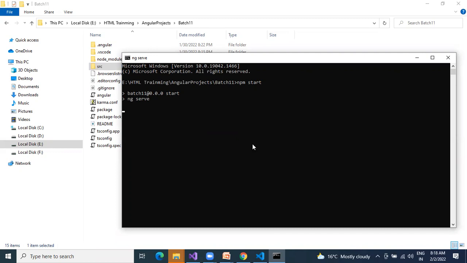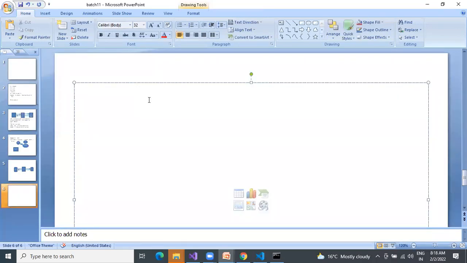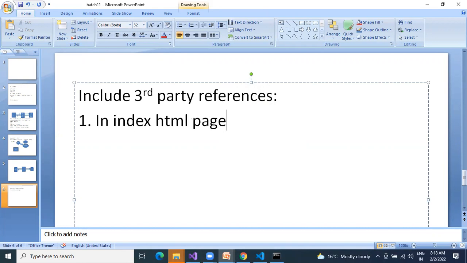How to include third-party references. We can do this in two ways. First way, index.html. In the index.html page we add the references.